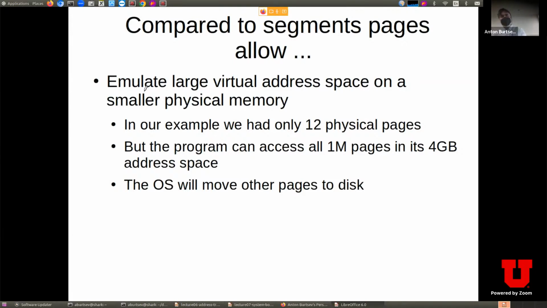Okay, so again, back to these benefits, just to recap them. Page tables allow you to easily emulate a larger virtual address space on top of a physical memory, right? In my rudimentary example, I had only 12 physical pages, and I still can emulate the whole 4 GB address space by controlling the flags in the page table, saying that the page is not present when the program tries to access this page. Hardware generates a page fault. Operating system reacts to this page fault, saying, okay, yeah, I know that you should have a page here, but